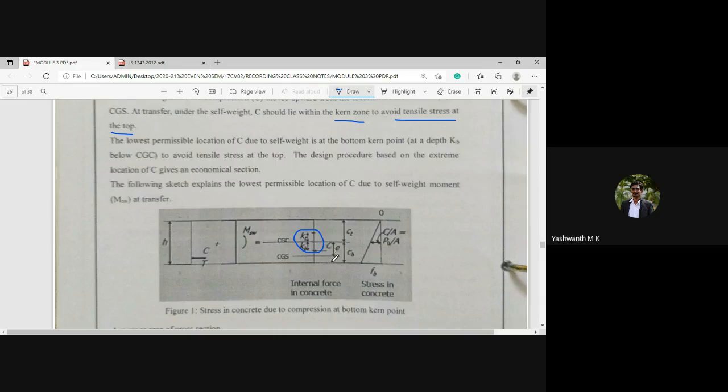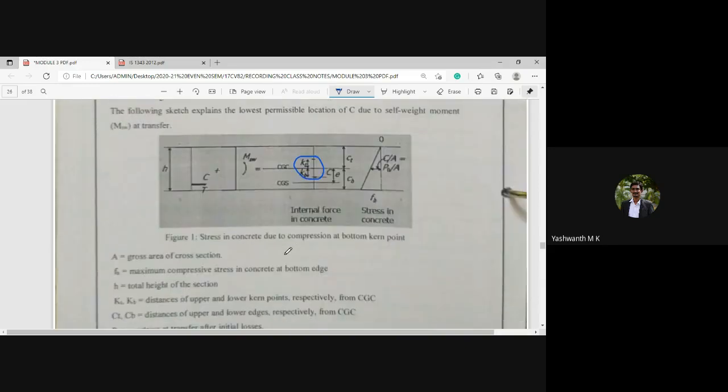The following sketch explains the lowest permissible location of C due to self-weight moment. You can see here the gross cross-sectional area A, then FB, which is the maximum compressive stress in concrete at the bottom edge, and the tensile stress will be zero at the top edge.